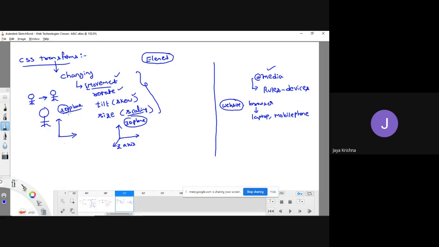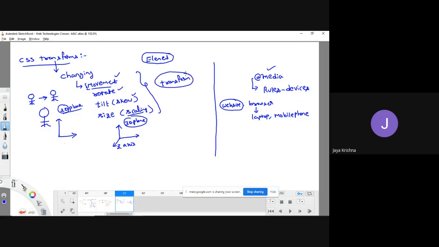We'll see various kinds of methods which are available for both 2D plane as well as 3D plane. First of all, if you would like to perform these kinds of operations, we have to use a property called the transform property.